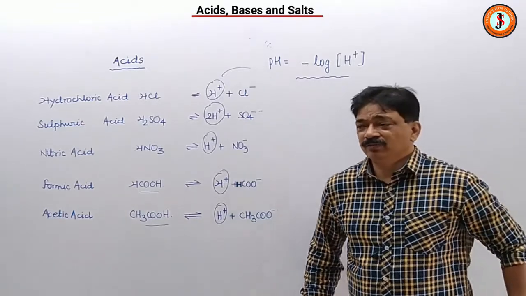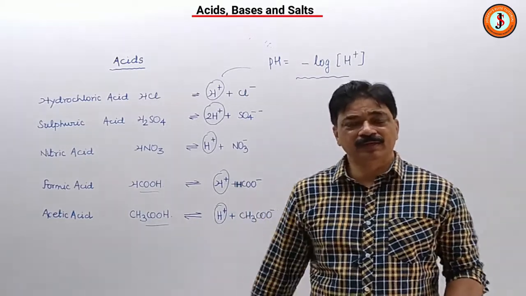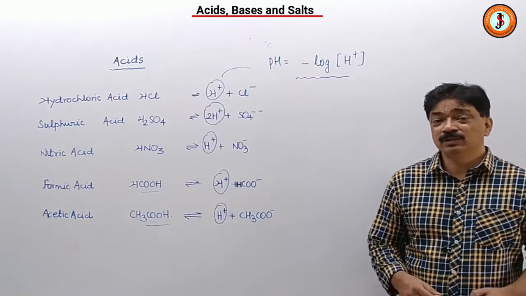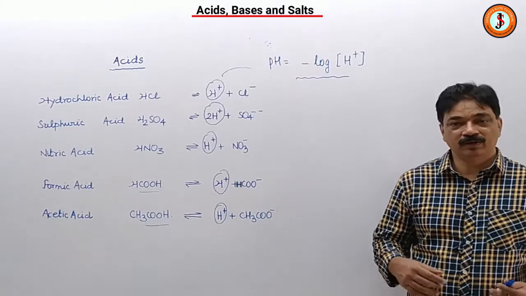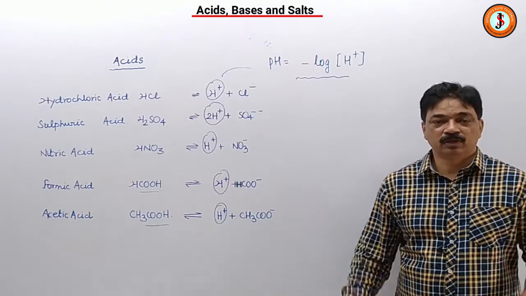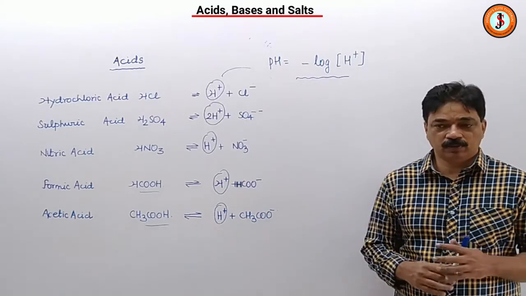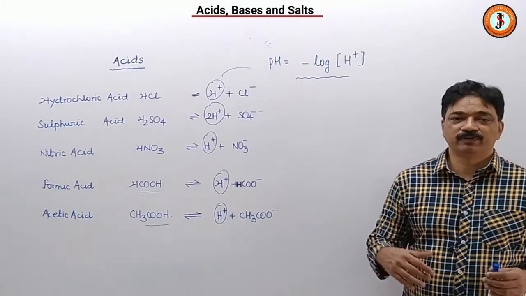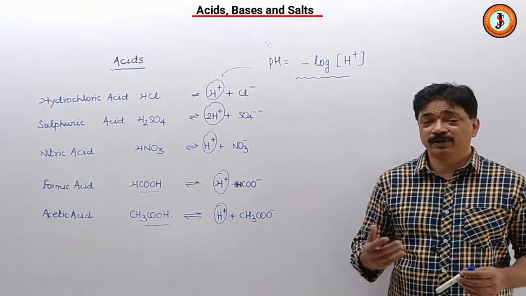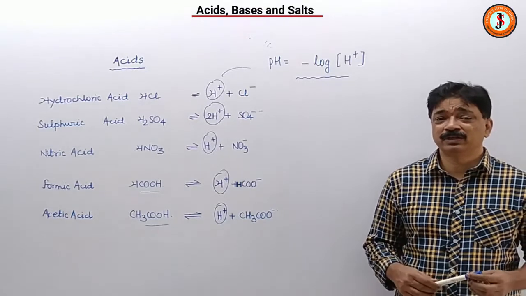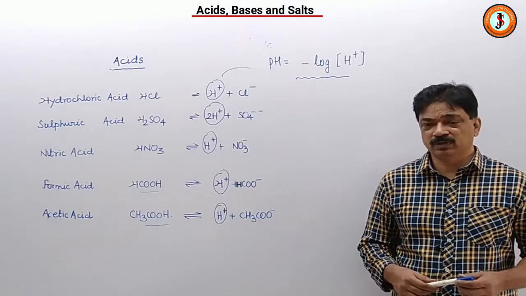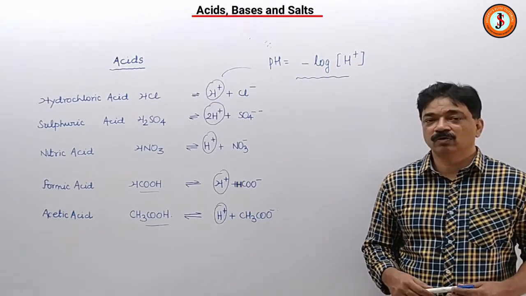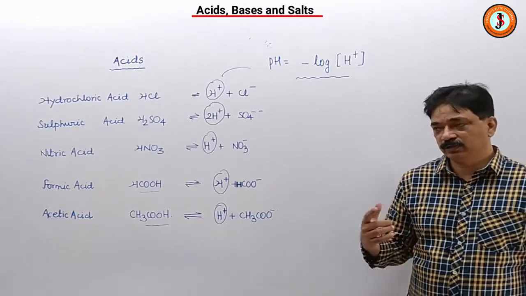Alright, then as I said, what are indicators? Indicators are substances, chemicals or agents which show change in physical properties when they are exposed to acids or bases. So, for example, litmus paper, as I said, will show change. Phenolphthalein or methyl orange solutions will show changes when they are exposed to acids or bases. Some of them will show change in smell, so they are called olfactory indicators. That is the first part.